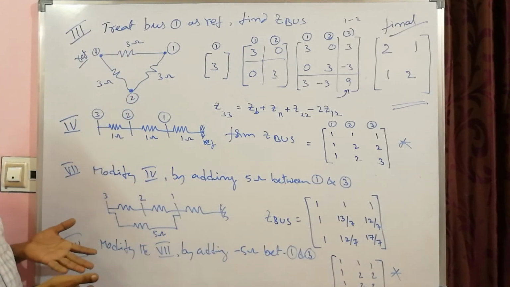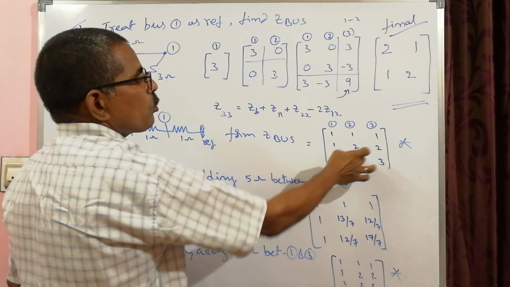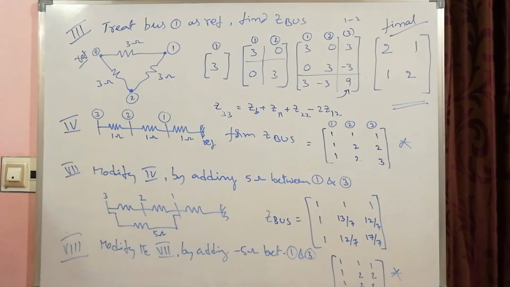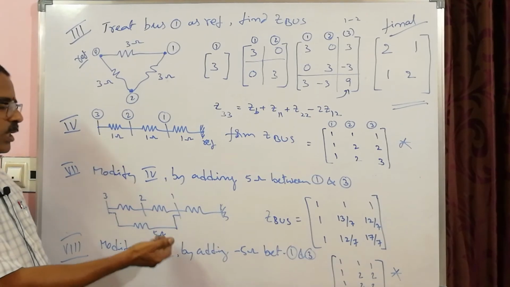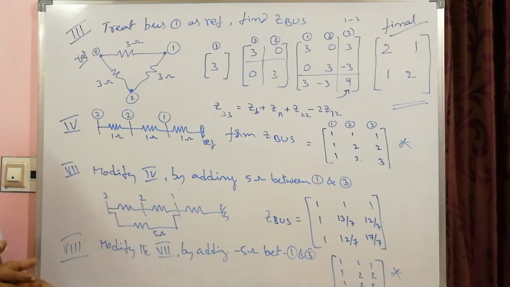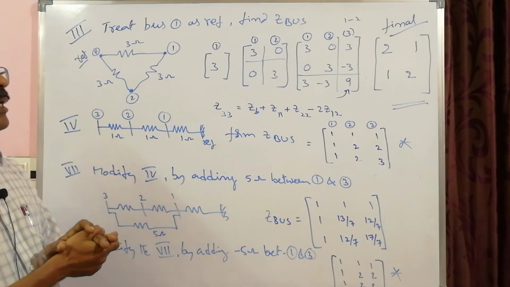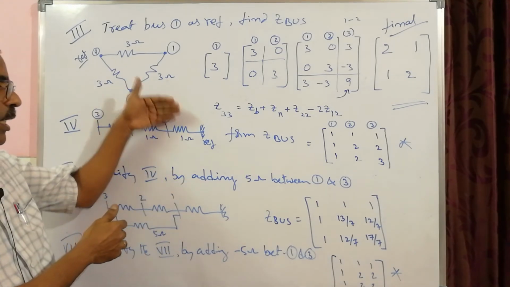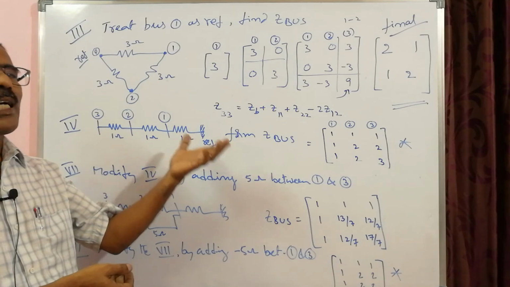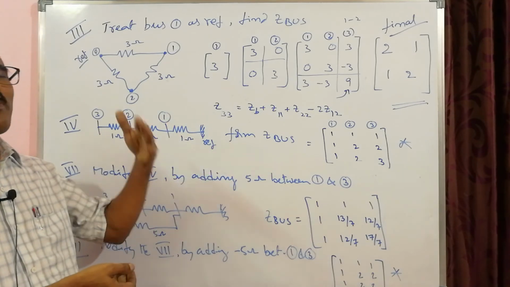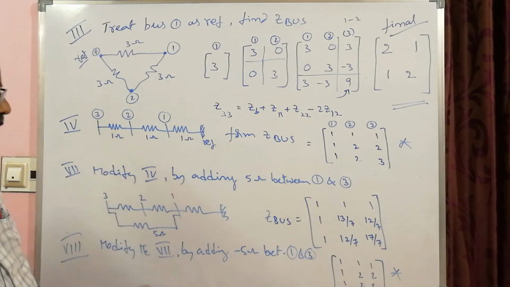You need not do any modification actually, because already you are having for this system the structure of Z bus is 1 1, 1 1, 2 2, 1 2, 3. So same thing you can write there if you can think a little bit. Adding minus 5 ohms is nothing but deleting this existing 5 ohms. So sometimes in some problems you may be asked to do that even. You might be given a structure, you may be asked to add something as we are doing in the other cases. Sometimes you may be asked to delete a particular branch. So deleting that branch can be performed by adding the branch with negative value. Okay, so that's what we did.